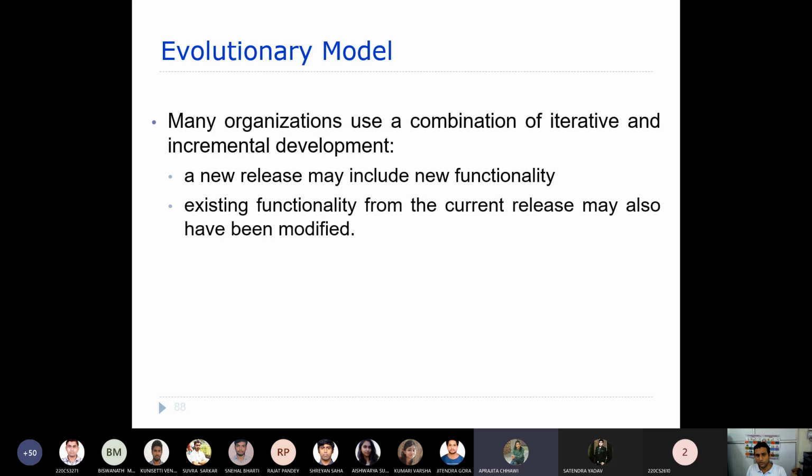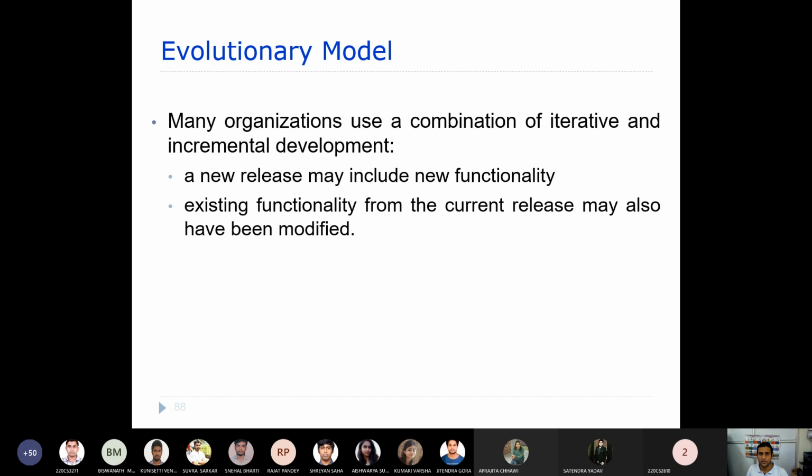In this evolutionary model, the same thing also happens. With every new release, new functionality will be added, and the existing functionalities will also be modified, that means they will be enhanced, as in the incremental model. But there are certain differences.